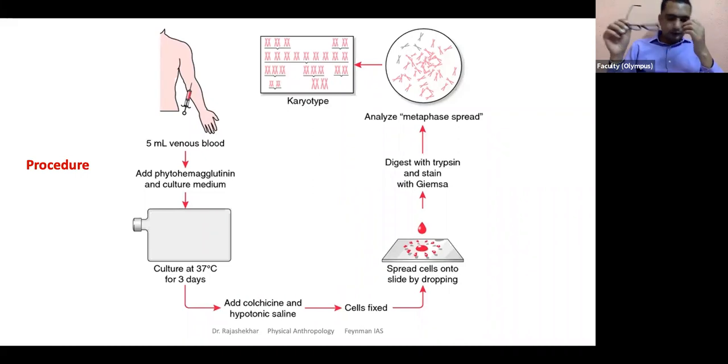Colchicine blocks the chromosomes in metaphase. Initially, we added phytohemagglutinin to stimulate the cells to divide. While they are dividing, you add another chemical to stop those cells at metaphase. Why metaphase? I think I already explained to you, right? What chromosomes are we preferring here? We prefer metaphase chromosomes. Why? What is the reason behind it, Sunil? Why do we prefer metaphase chromosomes?